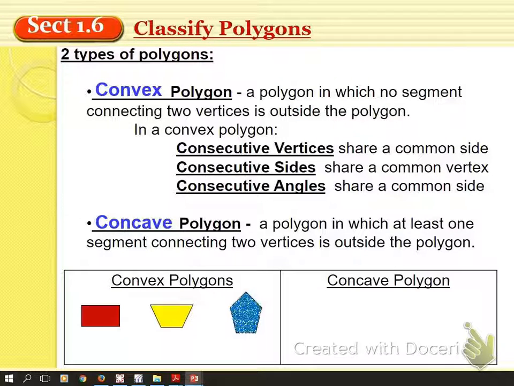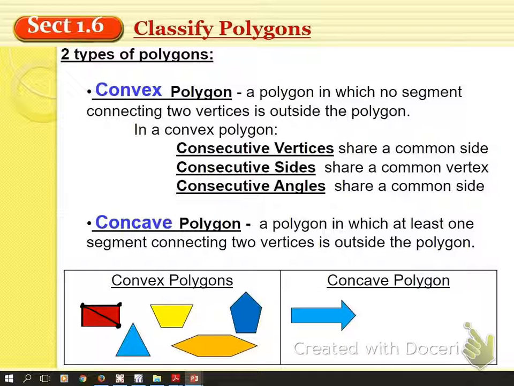Now, here are examples of convex polygons. Okay? So what we mean by a segment connecting any 2 vertices, right? So take a segment and connect any 2 vertices. In this guy, I can take a segment from here to here and connect vertices. It's not outside, it's on that polygon. Or I can go from here to here, but I'm inside, I'm not outside. Or from here to here, I'm still all inside. As a matter of fact, no matter where you go,